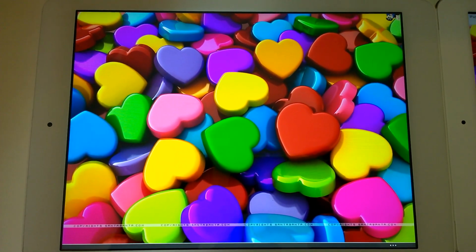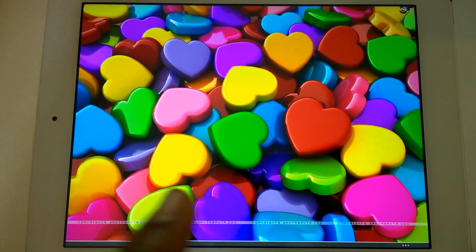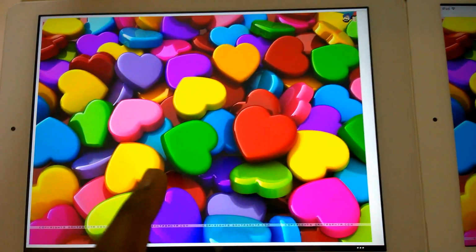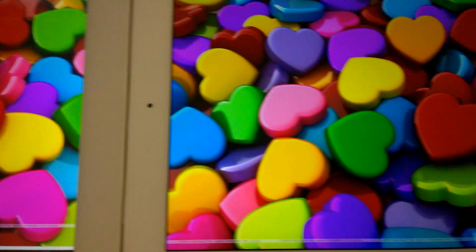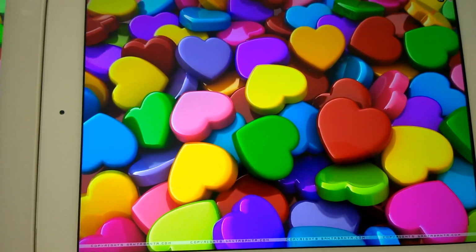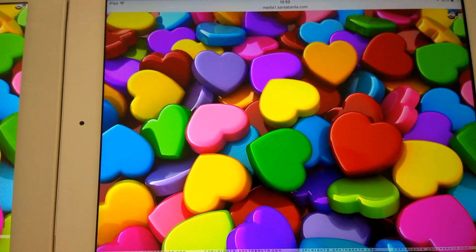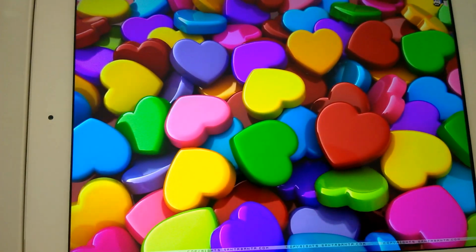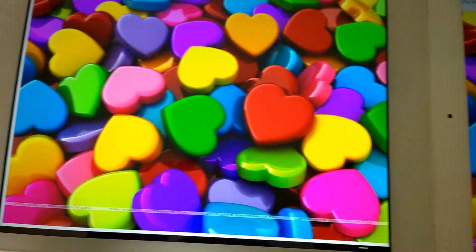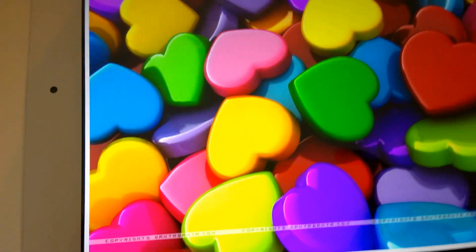If you look at it properly, you can tell that they're both retina display screens. The screen resolution is the same, the screen brightness is the same, and the screen color seems to match each other. And I think the Onda is a little bit better. Maybe because of the brightness, because the iPad is on 50% brightness and the Onda is on 50% brightness. Maybe if I increase the brightness on the Onda, it would match. But looking at this,